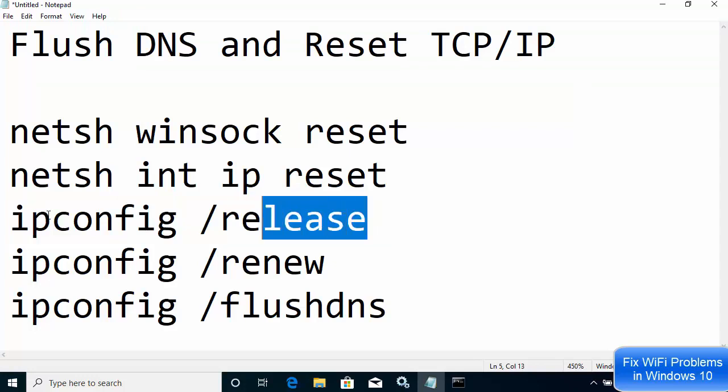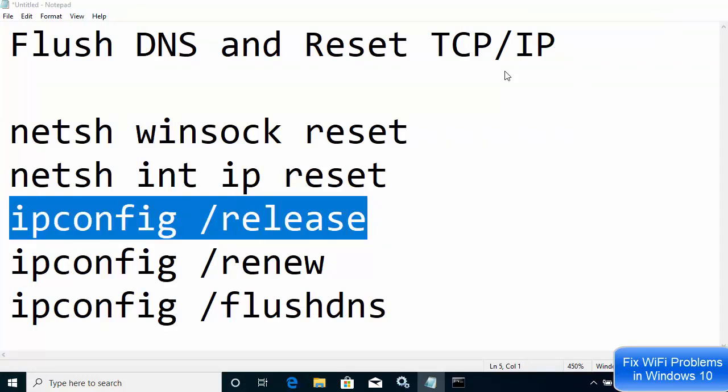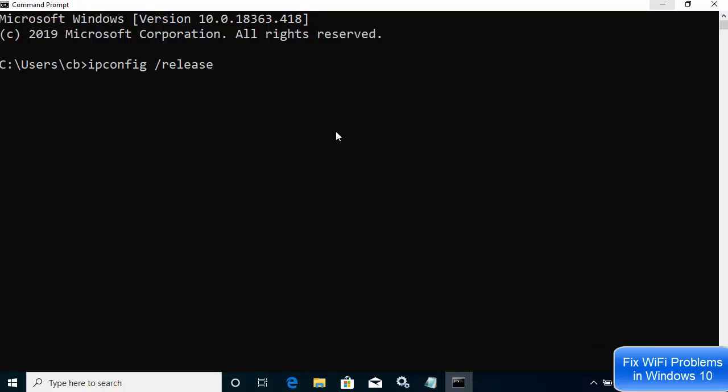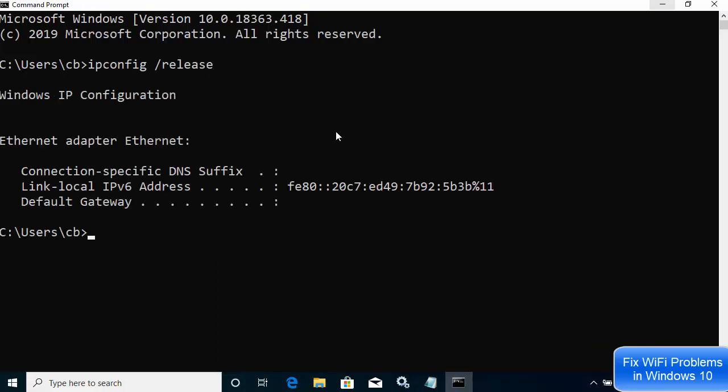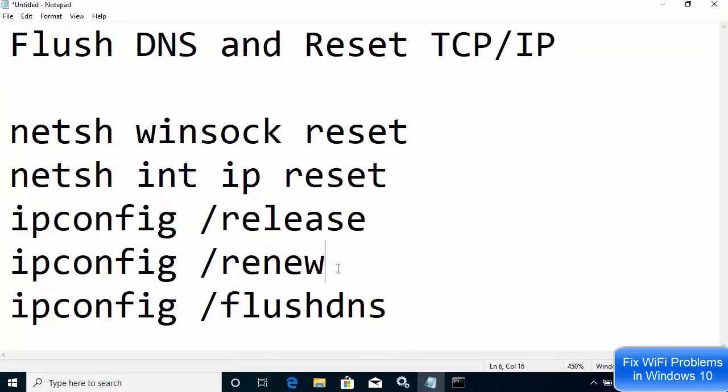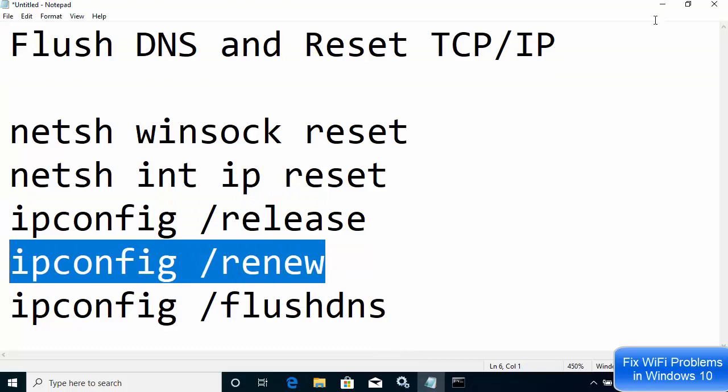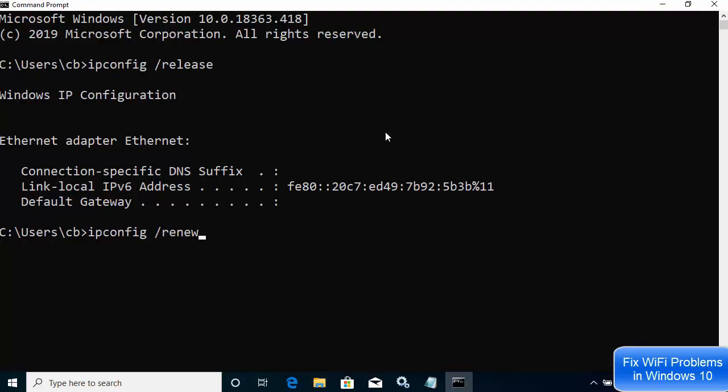Let's give the next command here. I'm going to give this command, which is ipconfig /release, and you can see this kind of output here. Again, we are going to give the next command, which is ipconfig /renew, and then we are going to give the next command.